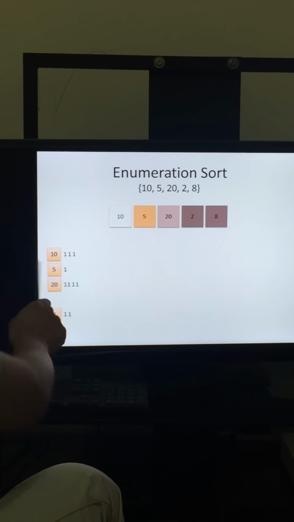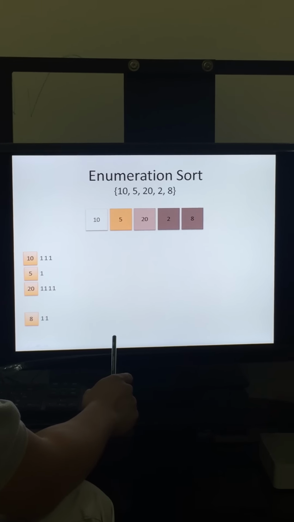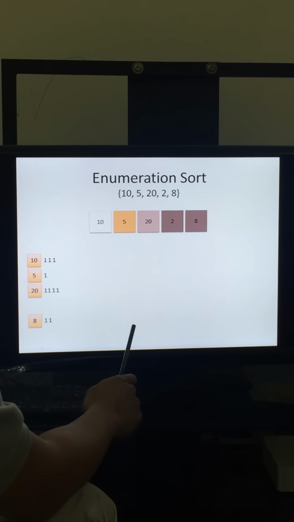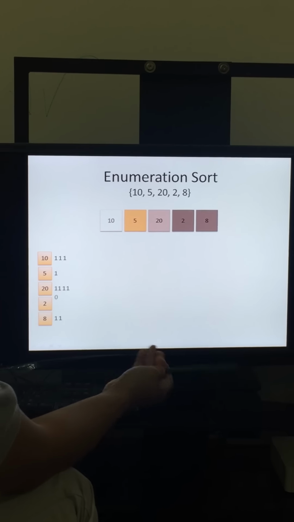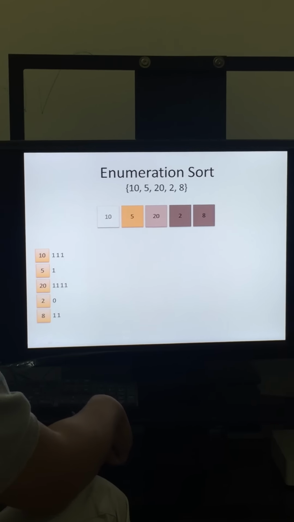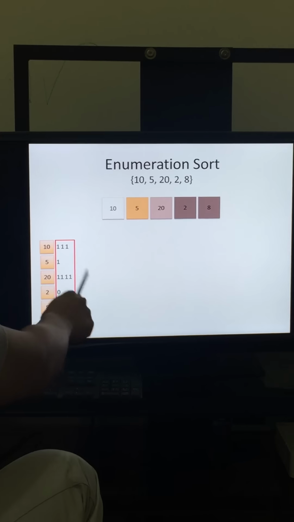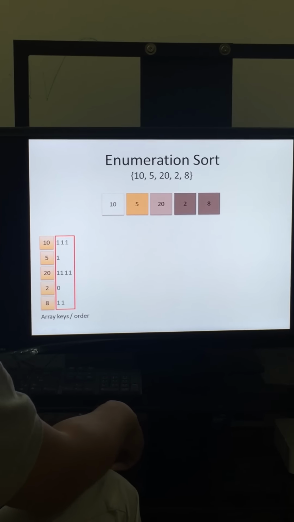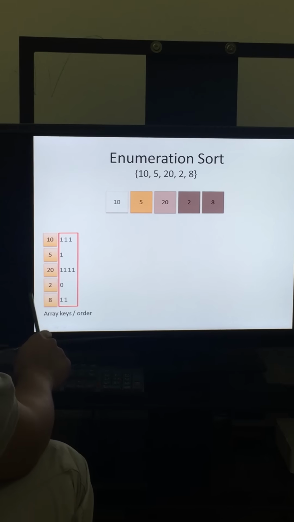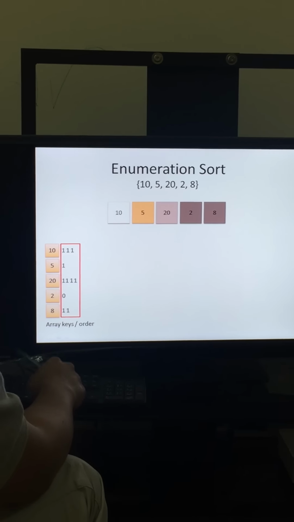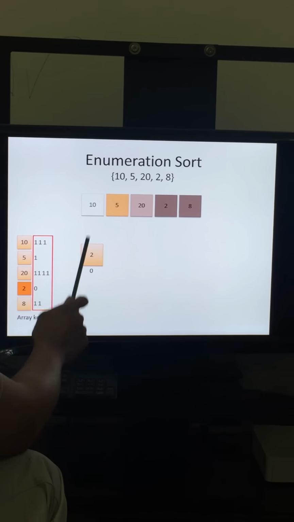Now you can see here. Now because we can compare now the last element, 2 now will be equal to 0. Because he's the lowest number. Then now we will use this in order to sort the array. Now, since the number 2 is the lowest, we will start from 0 for number 2. And it will be the first element.